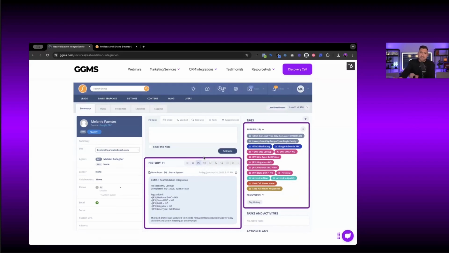And what a lot of the other people that are doing similar things to this in the real estate industry, they're forcing you to run your whole database if they do it inside of the application every single month, every single 30 days. Well, if we already found out that that person's on the DNC list, we don't need to pay to find out they're on the DNC list again. We already know they are. What we need to do is run processes against people who are not on the DNC list so that if the phone number comes up on the DNC list, we can mark it appropriately, right? So it allows you to save the API calls, save the money, and just not overspend on a process that